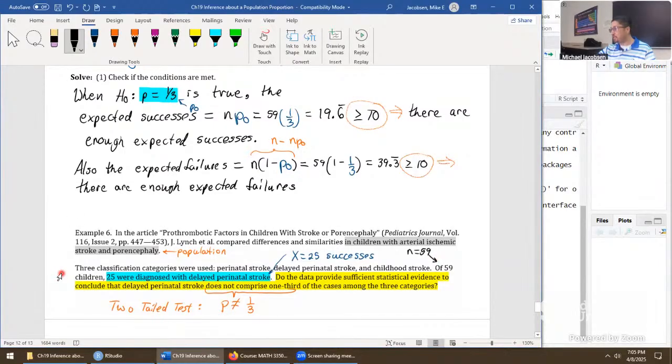We just hope this was actually random data. What do they tell us about the sample? Well, it was in the pediatrics journal, so we're hoping for randomization. It would have been rejected otherwise, but that's not enough for us to be absolutely certain the data was random. They didn't say anything in this problem. They just said of the 59 children that were used in the study. So we'll just conclude our condition checking by saying conditions are met,